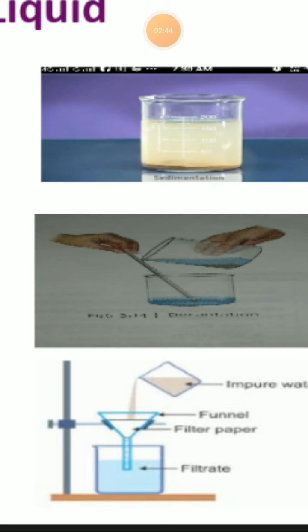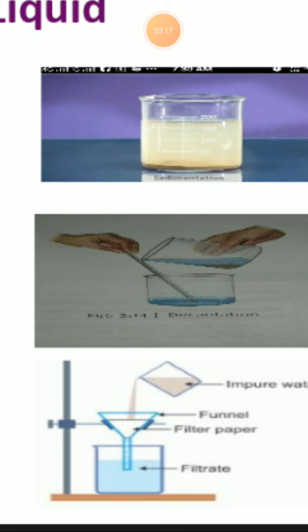Third method is filtration, in which we use a filter paper and pass the water through it. Filter paper has tiny pores that do not allow sand to pass through, and the sand will remain on the filter paper. Because the water has smaller size particles, they will pass through the funnel or filter paper, and we can collect this water in another beaker.